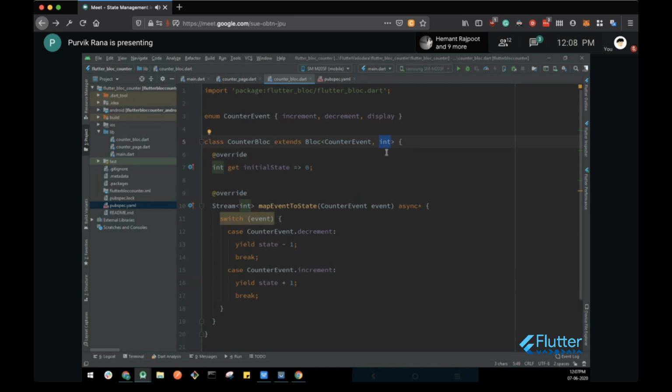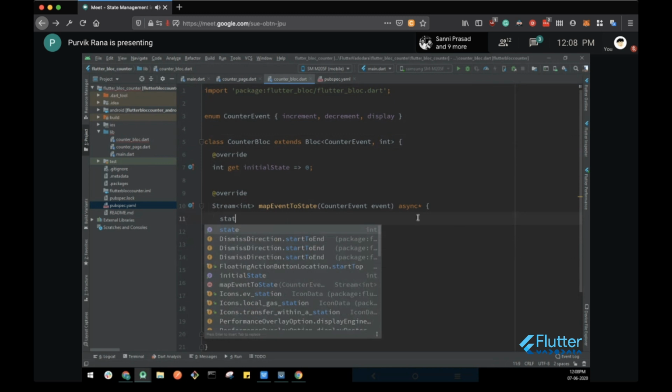Here we have the state as an integer, so we will have integer values. We can access the current state value by using the state parameter. The state parameter represents the current state of your application. Whenever new events come to this method, at that time you can access the current state using the state variable that is directly available, and its type is integer. It is available when one event is emitted and comes to this method for processing.